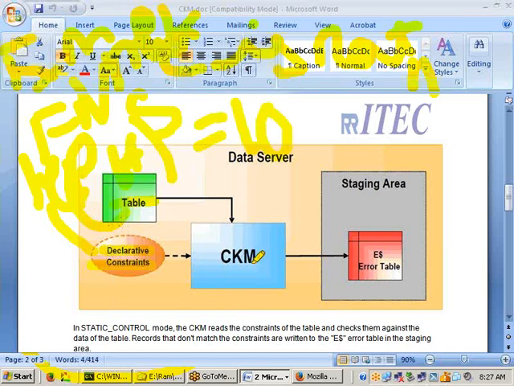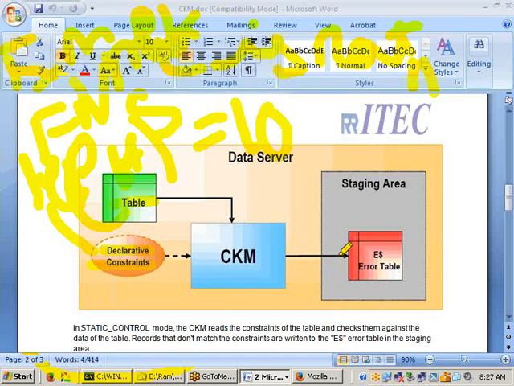I applied the CKM and ran it. In this table, whatever data is not matching these rules is moved where, sir? The error table is going to take it. So business gave simply one table. In that table, let us say thousands of records are available. They also ask you to check that these are the business rules.